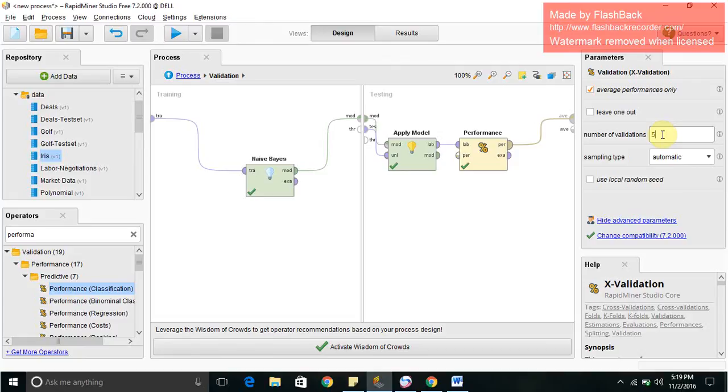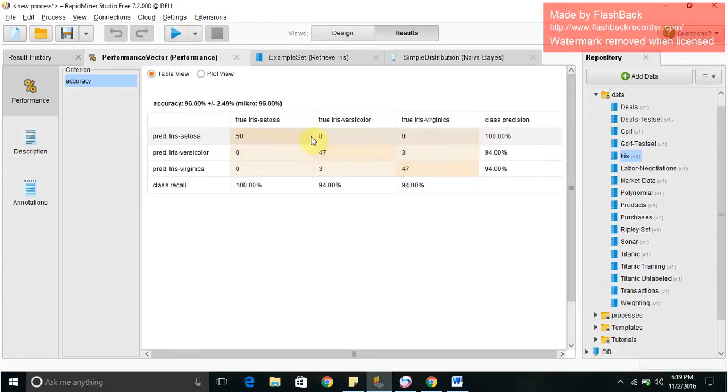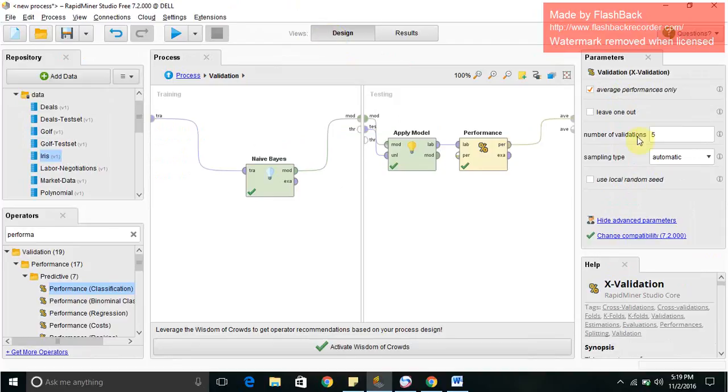If I change it to 5 and run, we can see the class precision of each class is 100% for iris setosa, 94% for iris versicolor, and 94.0% for iris virginica. So again, if I change the number of validations to 24,